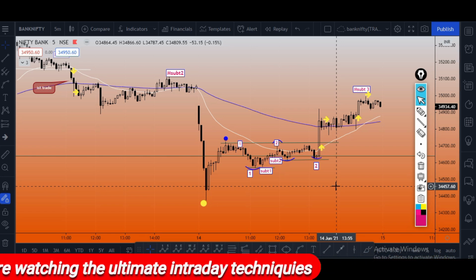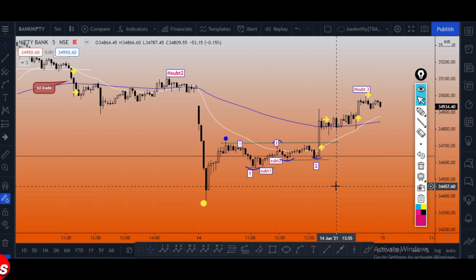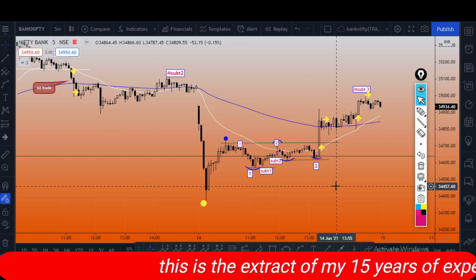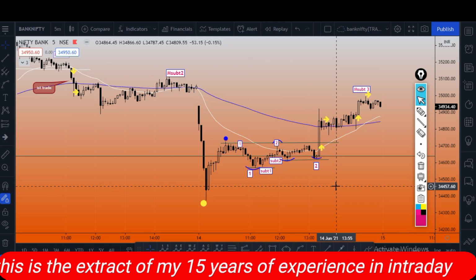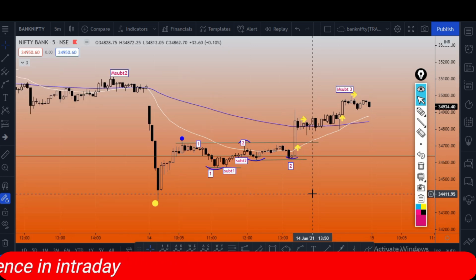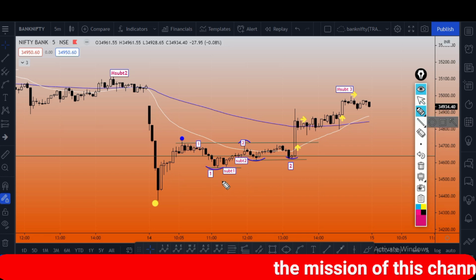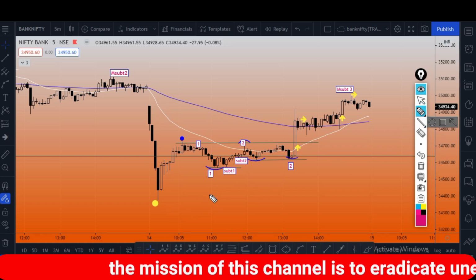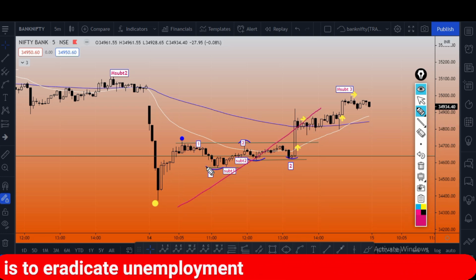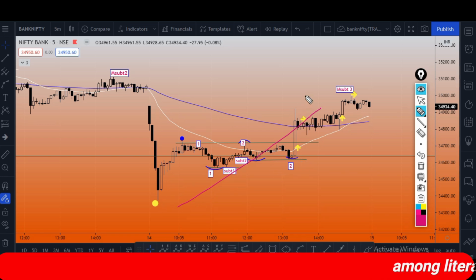because stock market movement depends upon probability. It is a game of probability, so there are chances of error. But in my system, in my 5-minute intraday techniques, you will get very few chances of error. I show you how. See, this is the marking of counter trend. That is why I marked it as the main first marking here and second marking here. Let us suppose this is the trend reversal marking.